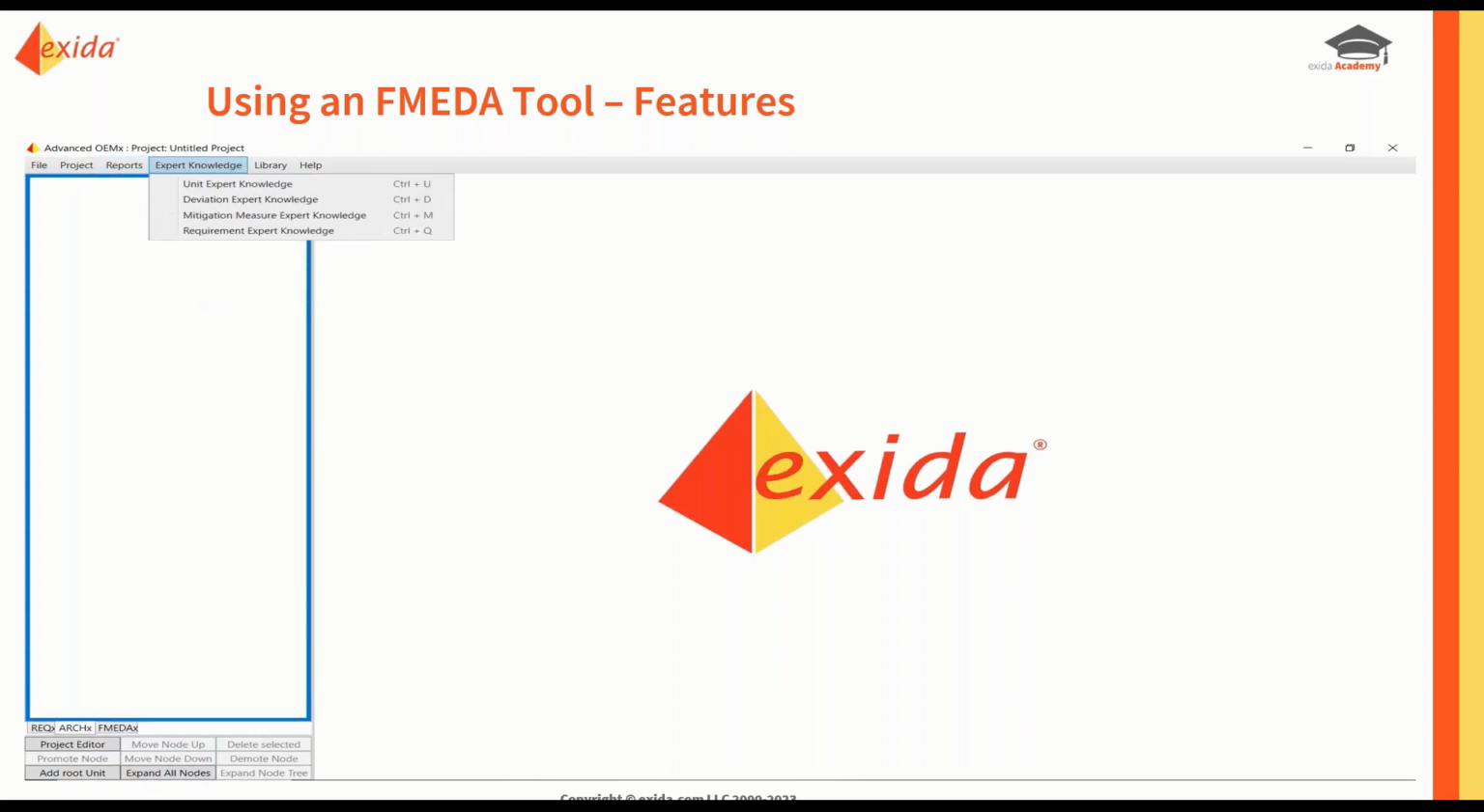The next menu that we look at is our expert knowledge. As I said, this is probably second only to the component reliability database in terms of its value and importance within the tool. In here, there's years and years of expert knowledge built into it that allows you to very quickly speed up the process of entering in your requirements and your FMEA